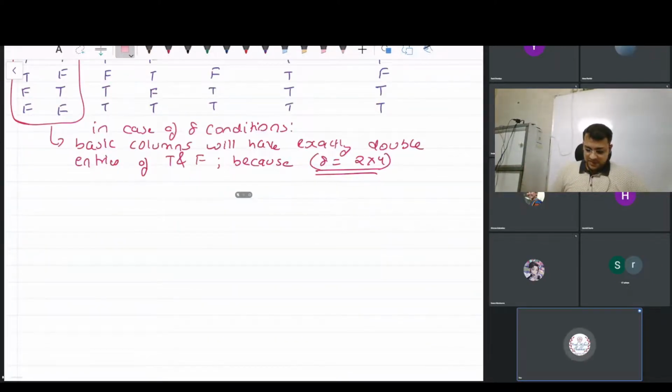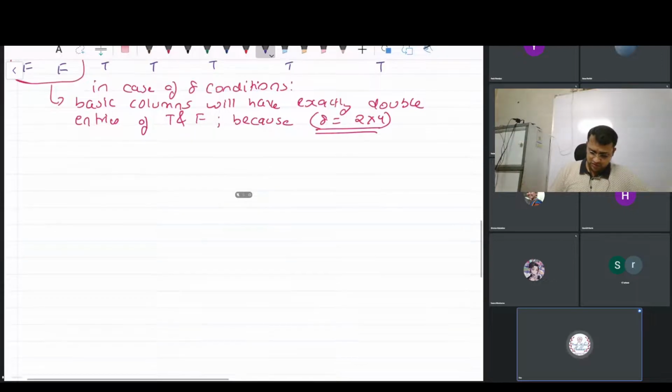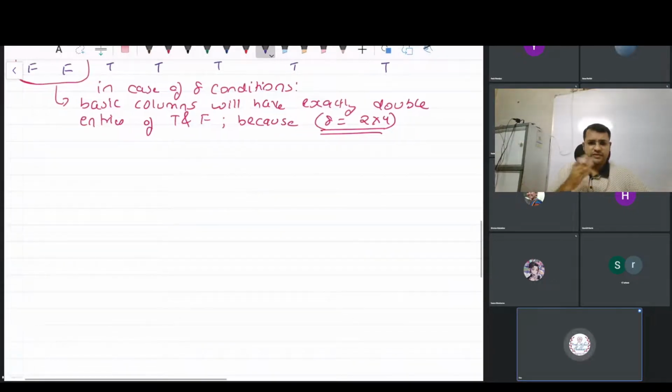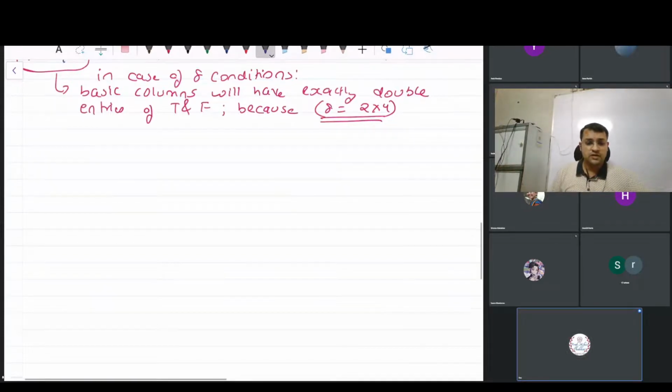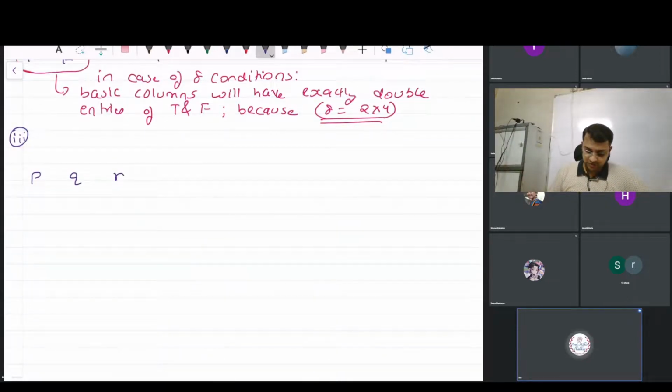So now let us understand what to do in case of three statements, that is P, Q and R. Let me first of all write the basic statements, then we'll go and see what was the question, because making the remaining columns is not difficult, but we should now know how to make the columns for the three statements. I'll write over here P, Q and R. Now what have I written over here? If you see,